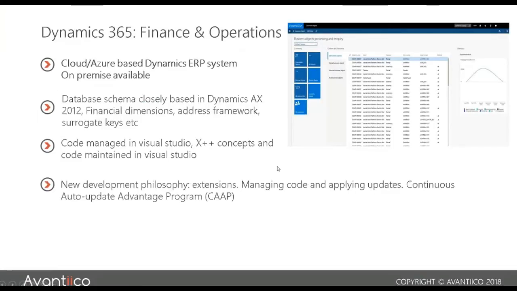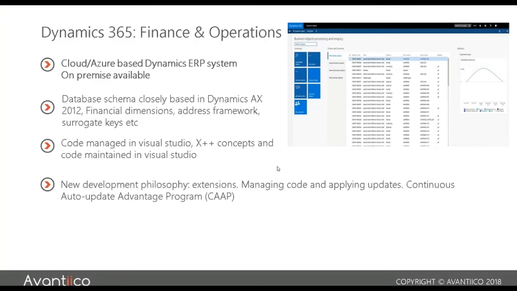So 365, if you're here, you should have a little bit of information about this. This is Microsoft's Azure or cloud-based version of AX that they've now branded Dynamics 365 for operations and finance. It's a bit of a mouthful, but essentially this is Dynamics AX. The database schema and the concepts are built around Dynamics AX 2012 R3.